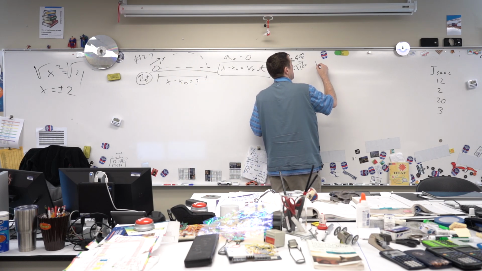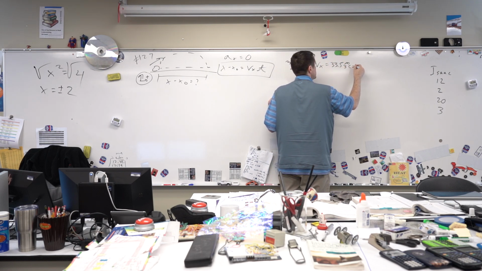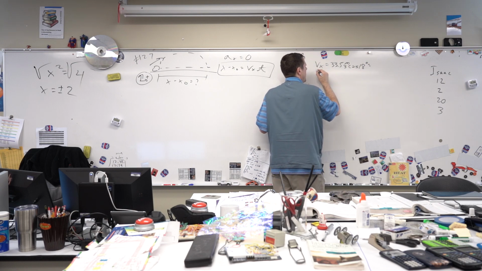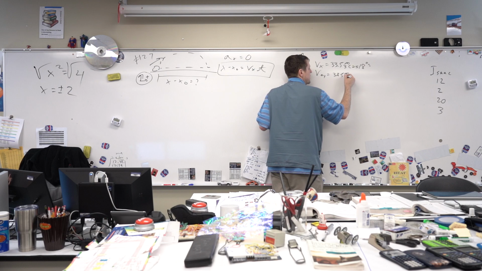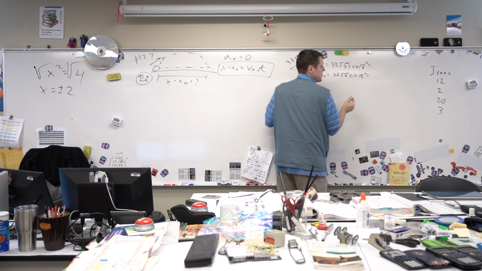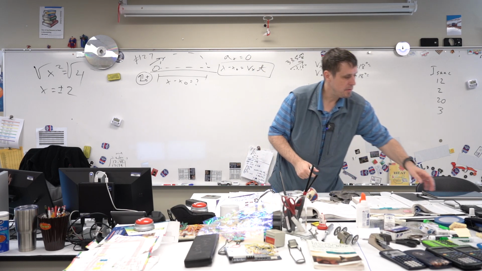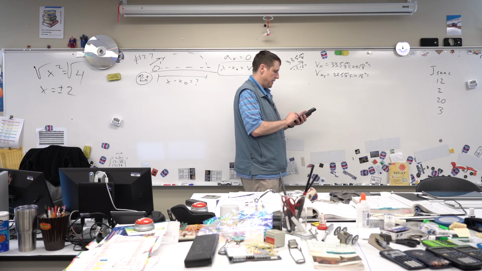Okay. So my Vx is going to be 33.5 meters per second cosine of 18. And while I'm here, I'm going to go ahead and get the Vy because I know I'm going to need it. 33.5 meters per second sine 18. Make sure you guys are in degree mode. Where's my calculator? Degree mode. And, whoops, 33.5 cosine 18,